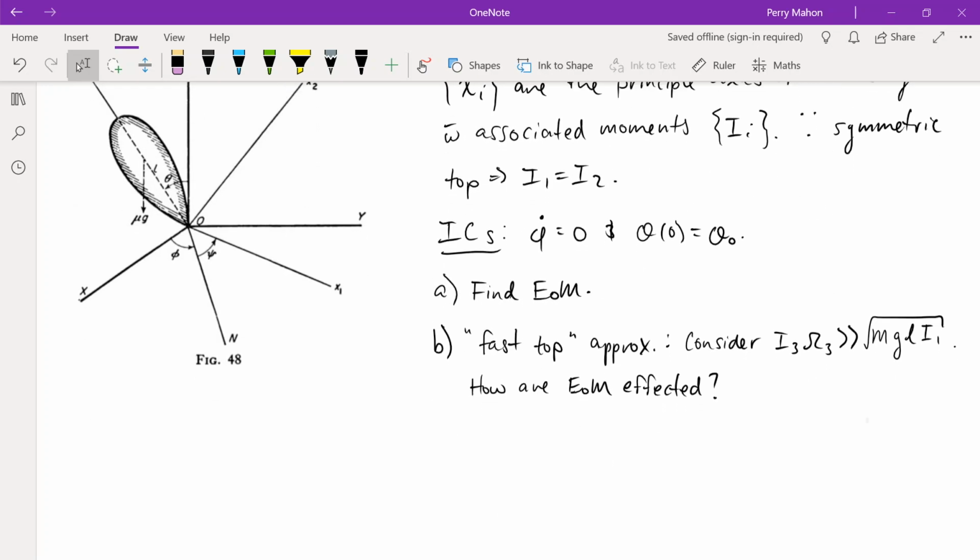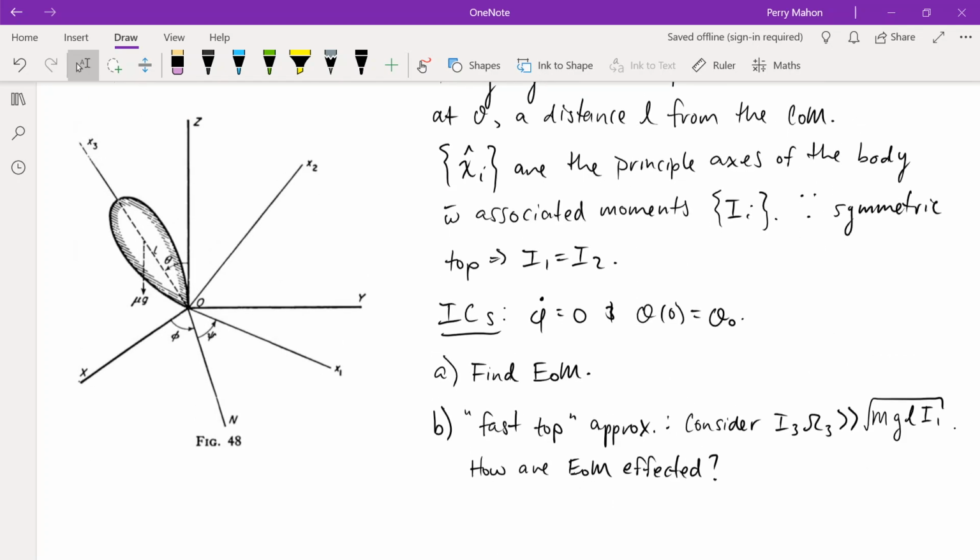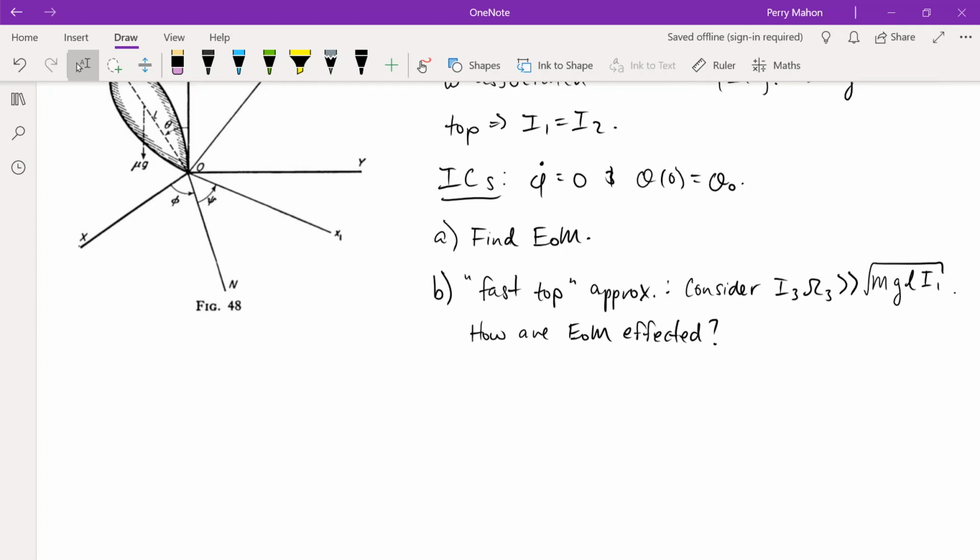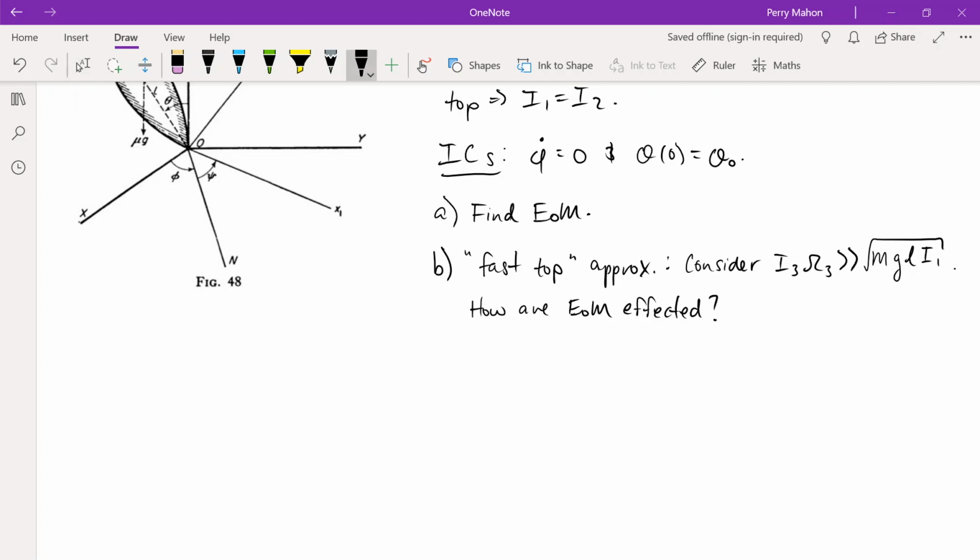So our Lagrangian will be written in terms of the 3 generalized coordinates. Here we'll use Euler angles, so theta, phi, and psi. Right, so let's just get started. So if we write down the Lagrangian,